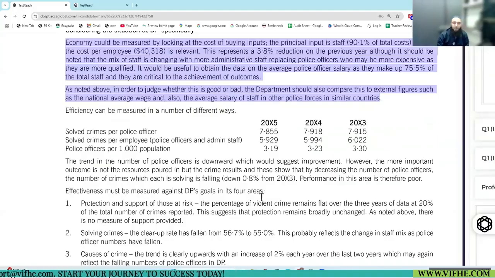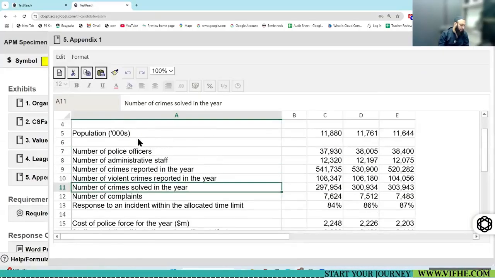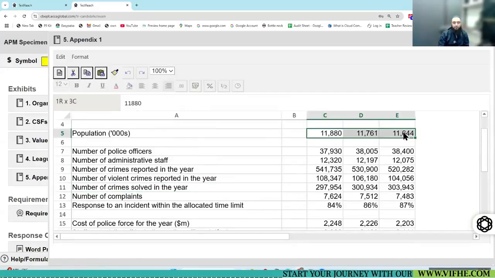Efficiency. What have they worked out? Solved crime per police officer, solved crime per employee. Police officers per 1000 population, because population was also given to you. Yeah, this is a good measure. Police officer is an input.